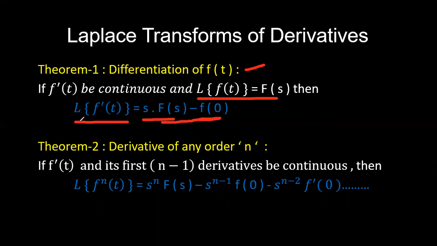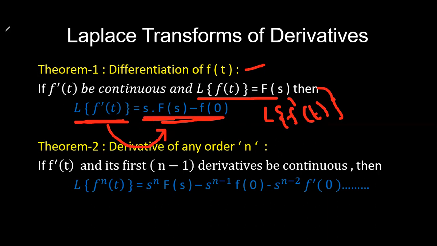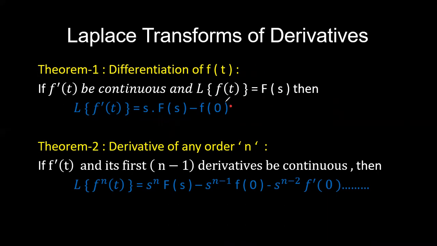So when you apply the Laplace transform for the first order differentiation, that is Laplace transform of f dash of t, it is converted into the s domain, given as s into F of s minus f of 0. Next you will get f dash 0, and so on. These are the initial conditions that we can see in the Laplace transform. And this is for the first order.